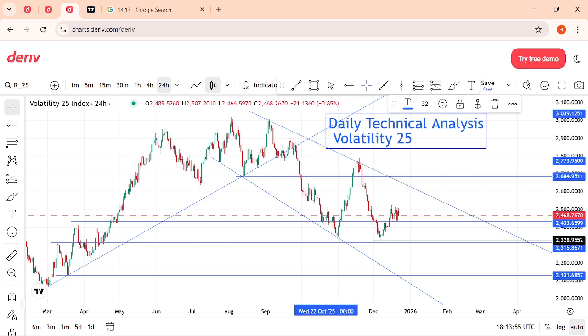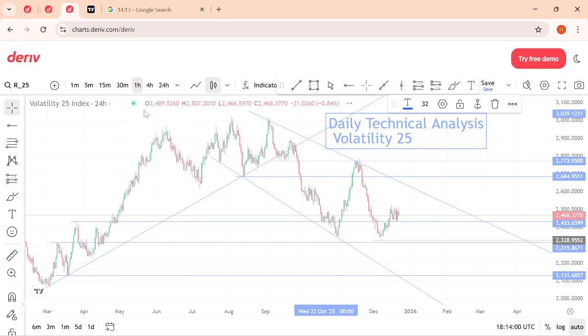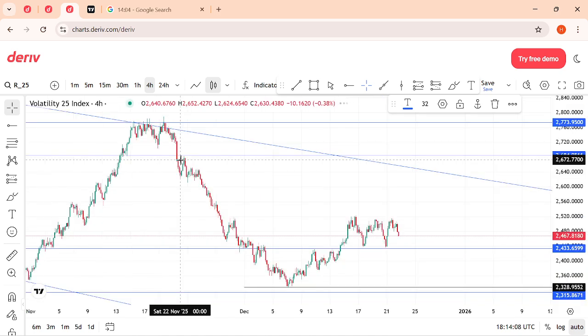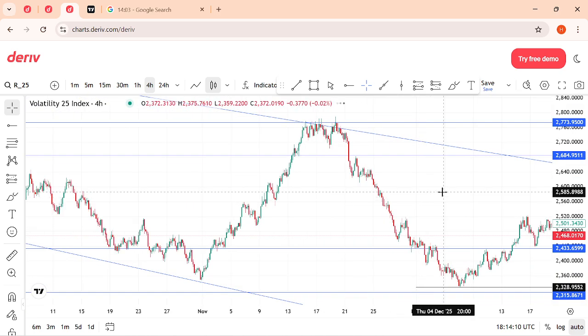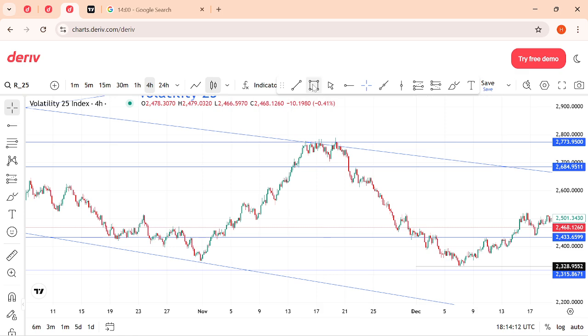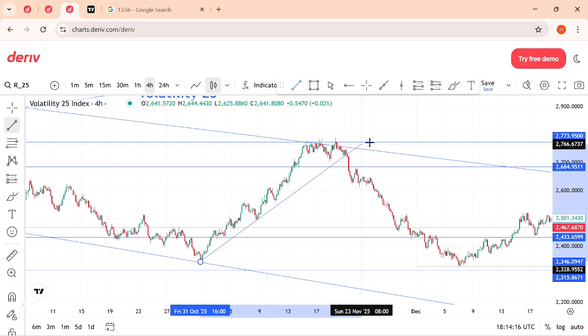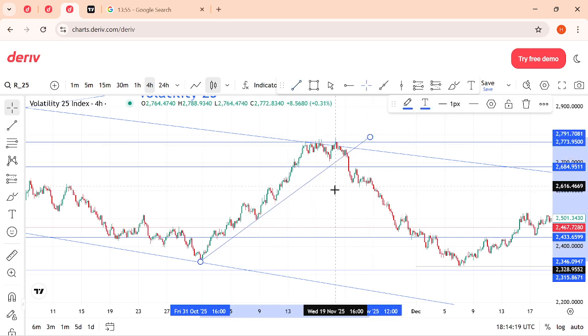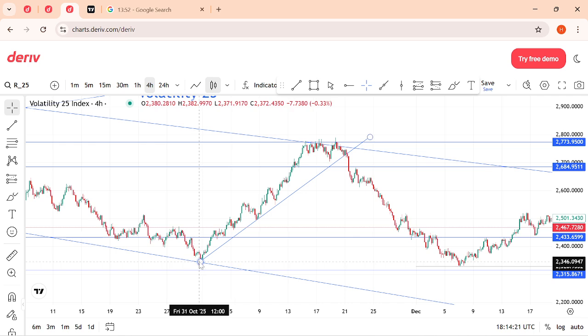So basically you can see what's happening here. Let's go to the 1 hour time frame. Basically we can go to the 4 hours time frame, but you all know that on the 4 hours time frame we are still going to see almost the same thing we saw on the other time frame, which is, let's see, so basically on this time frame you can see,